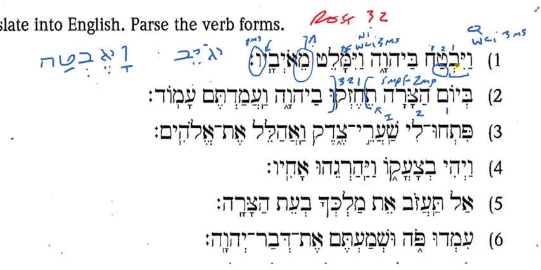So when you think about your strong verbs, the verb pakad, you can't just think in terms of, oh, that's a chireq or that's a patach. You need to be thinking, oh, that's an I-class chireq. That's an A-class patach, because we're going to see vowels change, but they'll try to stay the same class that they belong to, okay? So here, this is a kal imperfect with a root 1 guttural verb. What does chazak mean in the kal? Again, this is a new verb for you. So look to the left in your book. Got your book in front of you. What does it mean? To be firm or strong, right?